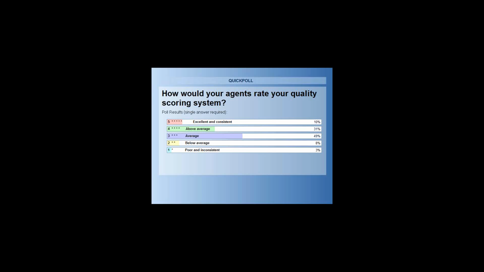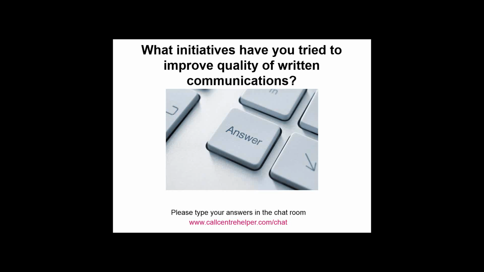Right, well, that's some fascinating results now. Just going to drill down in one other area, and though we're talking about call quality monitoring, I just also want to understand what initiatives you've tried to do to improve the quality of written communications. So if you'd just like to put the results into the chat room,